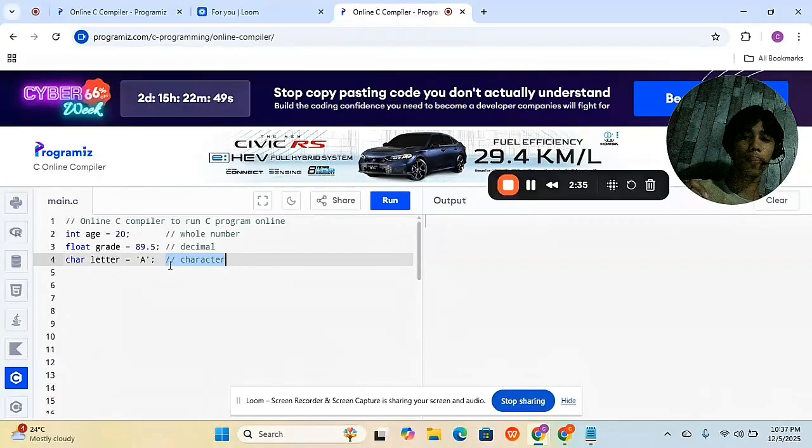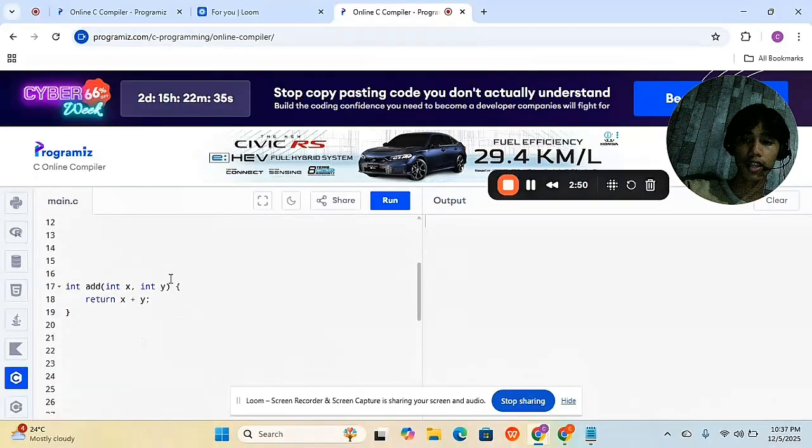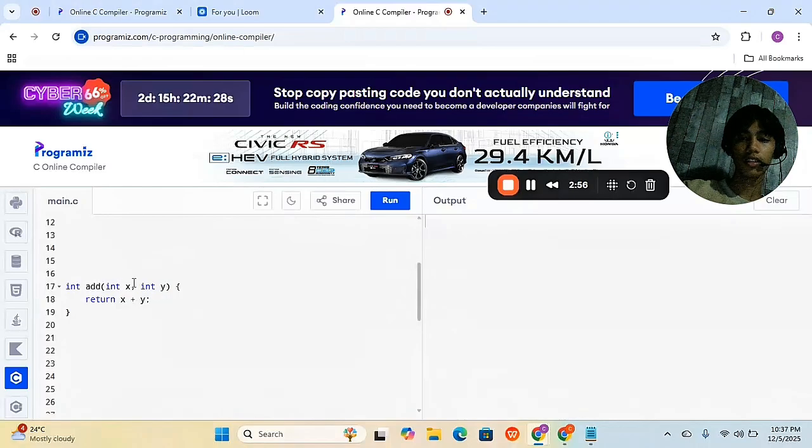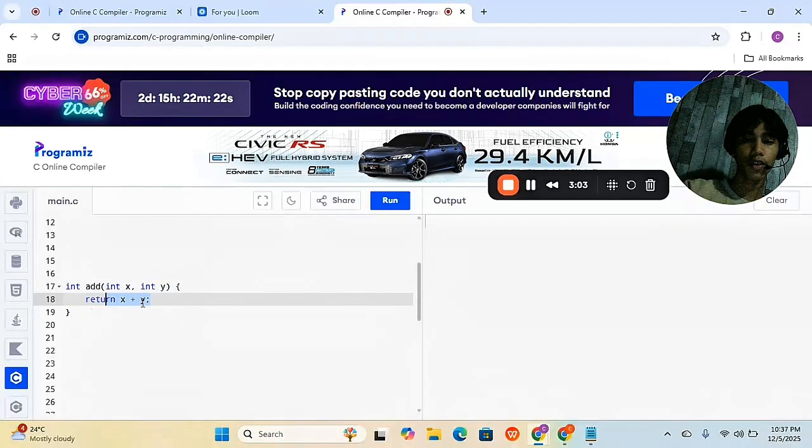So to understand it, int is a whole number, float is a decimal, and char is a character. Okay, guys. So let's move on to functions. Example, int add, int x, int y, and return x plus y. This is an example of a function in C.